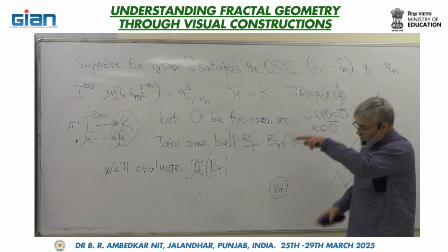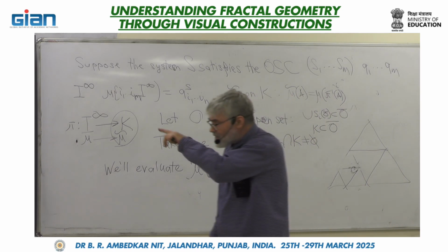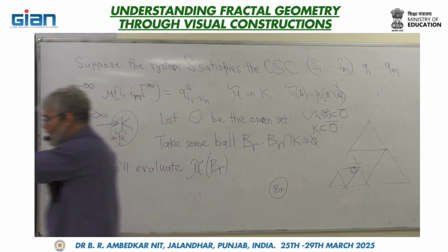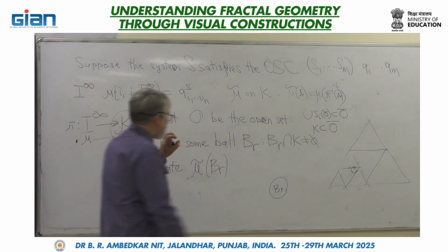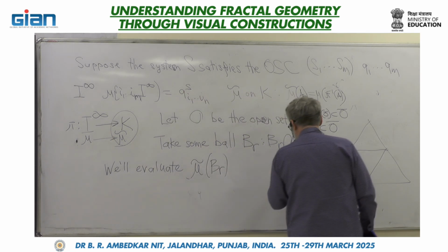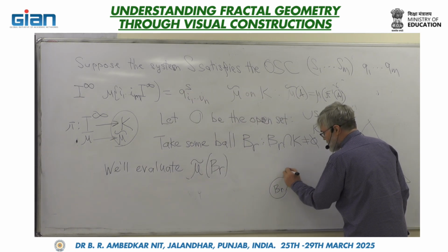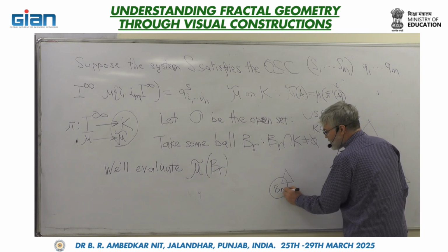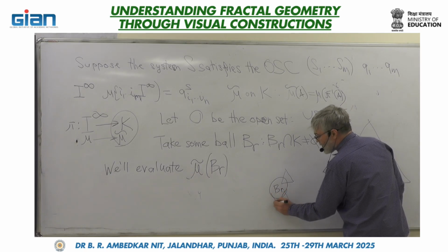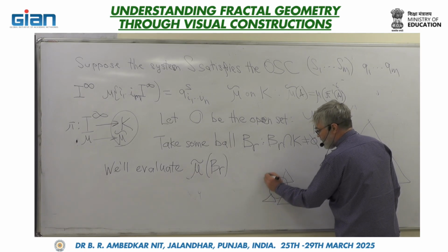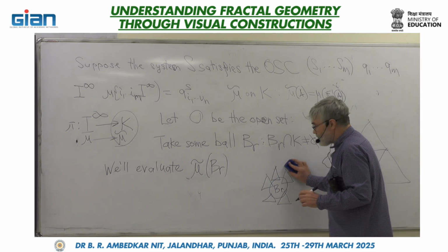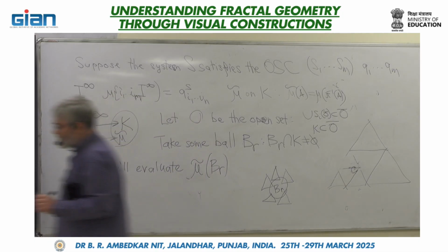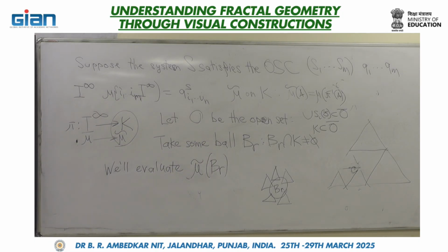And all these multi-indices were arranged in such a way that the sizes of the images of K under these maps are approximately the same size as this ball BR. Therefore, in the set QR, we will take